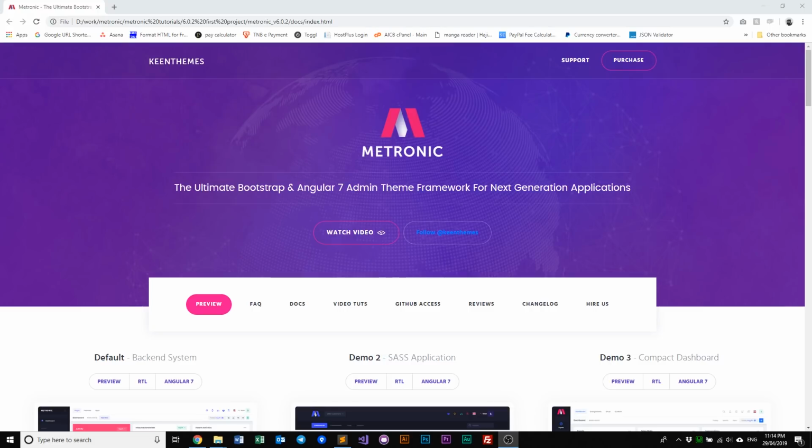So to start, what we first need to do is create our project, and we need to create our project on a localhost environment. You can create your localhost environment using WAMP or XAMPP or even the Gulp localhost if you need, but you definitely need some sort of localhost environment. What we're using here is WAMP. So we have our localhost up and running, and the language that we will use for this video will be